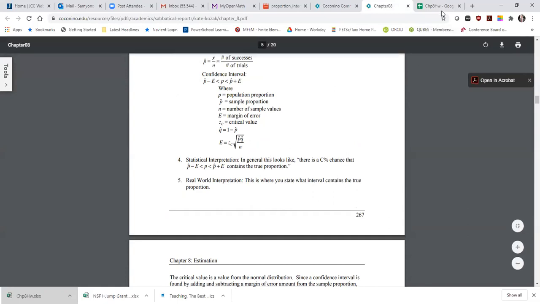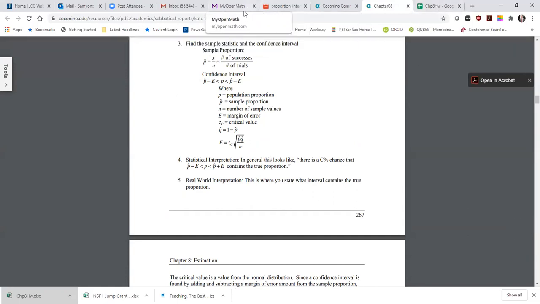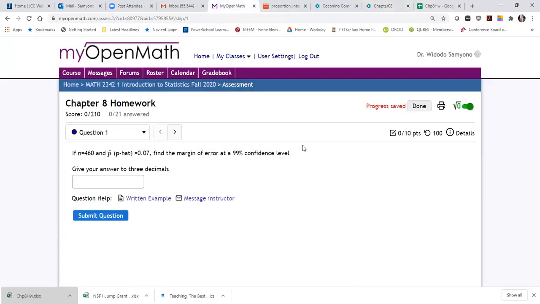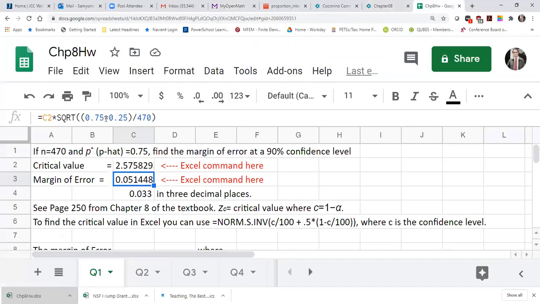Right? So in this case, the p hat is known, 0.7. So the p hat here is 0.7. Right? So the q hat will be